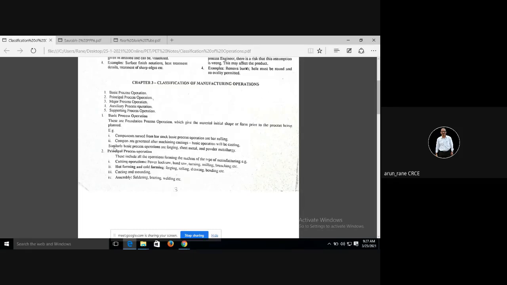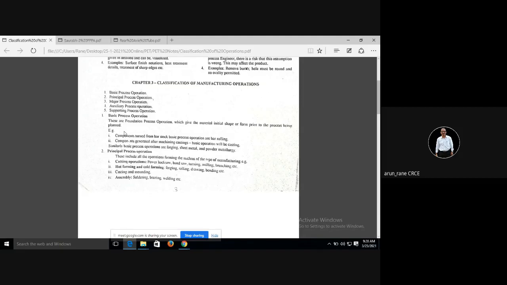So there will be 3 to 4 marks reserved for drawing the basic shape of the component. Like in preliminary part analysis, we generally ask for 14 to 20 marks, depending upon the complexity of the component. Out of that, the first question itself will be to draw the basic shape of the component. That is very important, so for that 3 to 4 marks will be there.